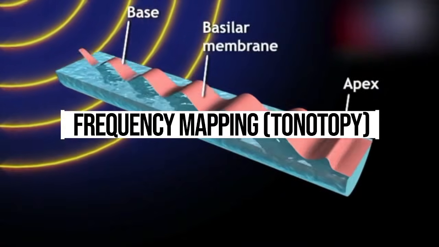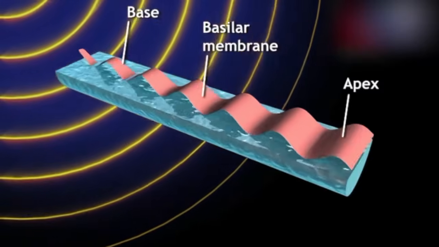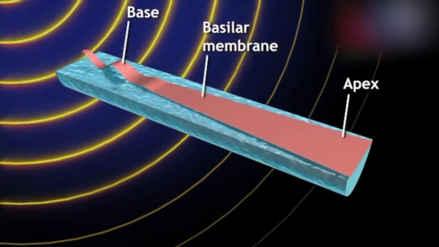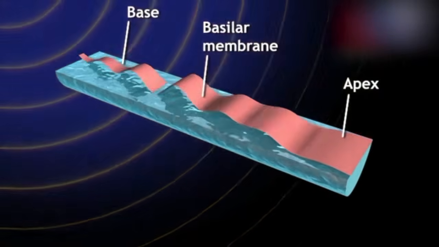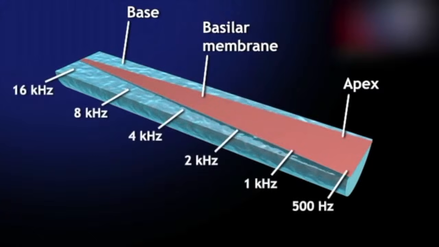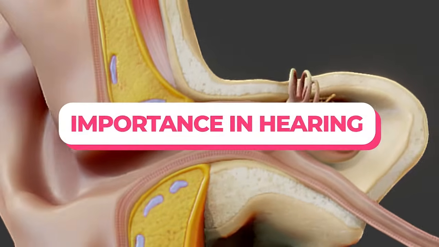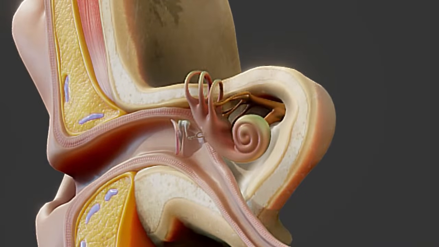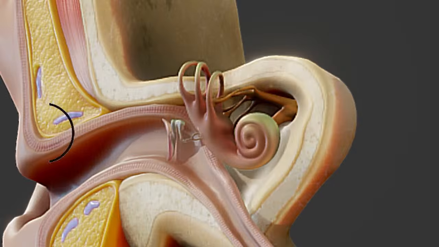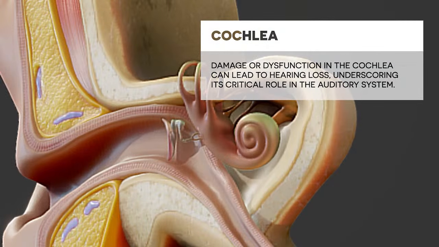Frequency mapping, tonotopy. Different frequencies of sound affect different parts of the cochlea. High-frequency sounds cause more movement at the base of the cochlea, while low-frequency sounds affect the apex. This tonotopic organization allows the brain to distinguish between different sound frequencies. Importance in hearing. The cochlea's ability to perform auditory transduction, converting sound waves into electrical signals, is fundamental to our sense of hearing. Damage or dysfunction in the cochlea can lead to hearing loss, underscoring its critical role in the